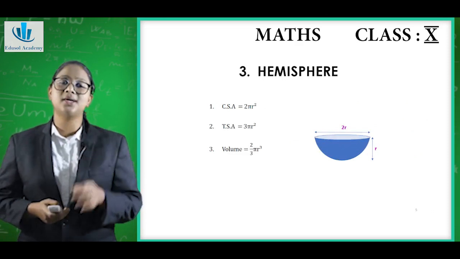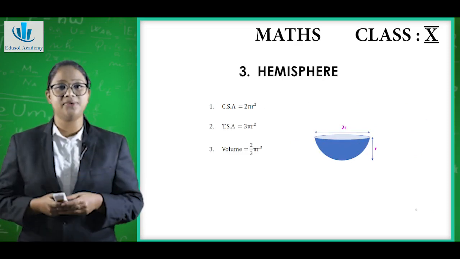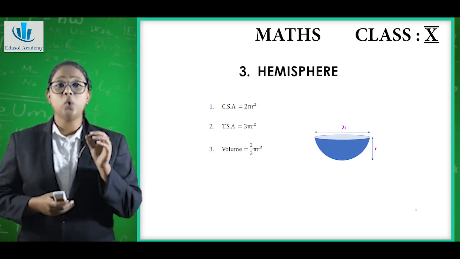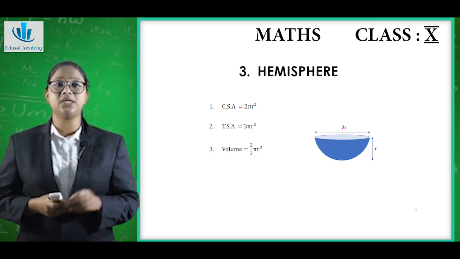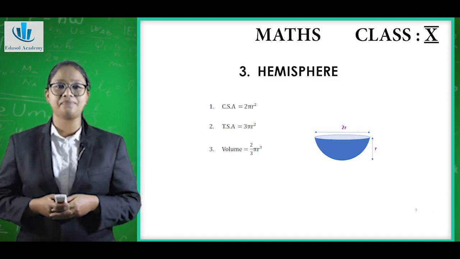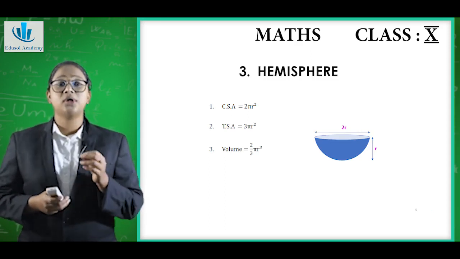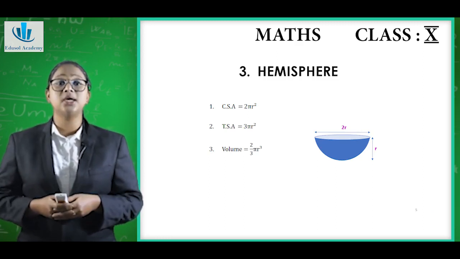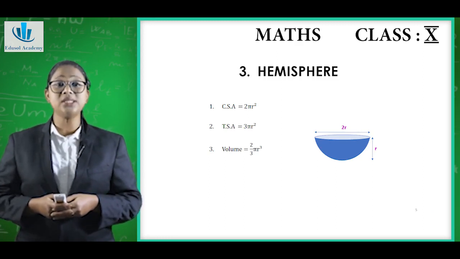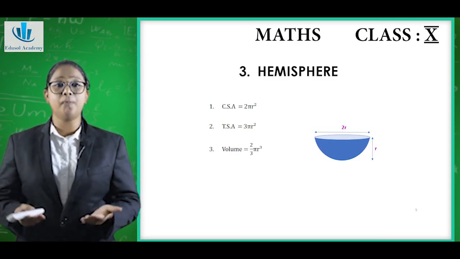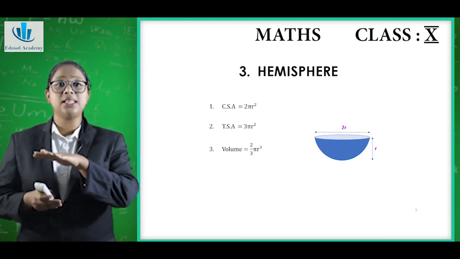Now comes the third solid, that is a hemisphere. It looks like a bowl or a coconut shell. Now, the only dimension of a hemisphere is radius or diameter. Anyway, both are the same. Now, for curved surface area of a hemisphere, the equation is 2 pi r square. Now, the total surface area of a hemisphere is given by the equation 2 pi r square plus the base,